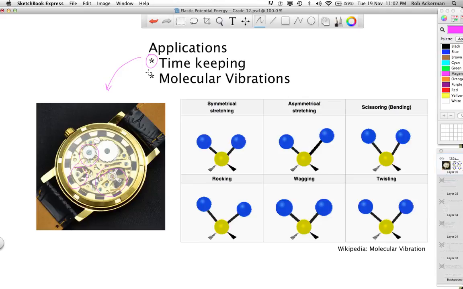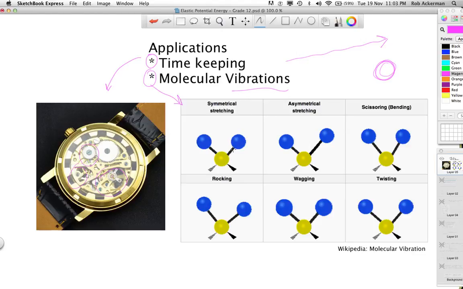And then one more. We talked about something macroscopic, a watch. Let's talk about something microscopic. You learned way back in grade 9 that molecules are in constant motion. They translate, they move from one place to another. They rotate, and they also vibrate. Well, as you get into grade 12 chem and beyond, I'm sure you'll talk about these vibrational modes and the